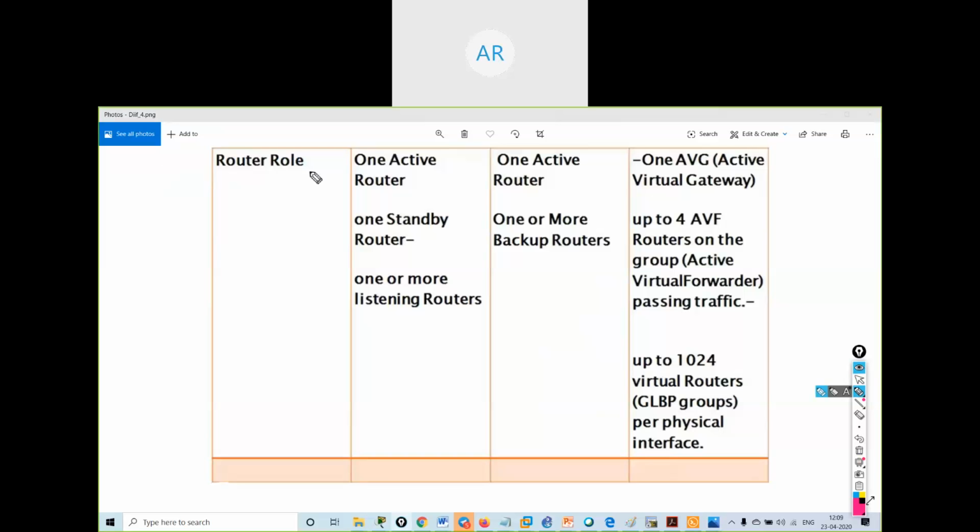Now router roles. I have told you one active router, one standby router, and one or more listening routers. We can keep one or more standby routers: one active router, one or more backup routers. Over here in GLBP, one AVG router, active virtual gateway, and up to 4 AVF routers in the group, active virtual forwarders, passing traffic.